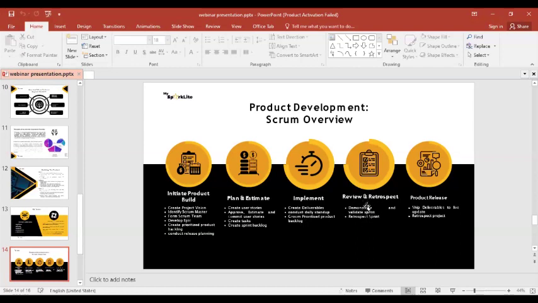Then I talked about review and retrospect. That is where you are now confirming and validating that all of the things you've done have been accomplished. That one they call it acceptance criteria, or criteria acceptance goal. I don't know which comes first, but I do know it's something like that.